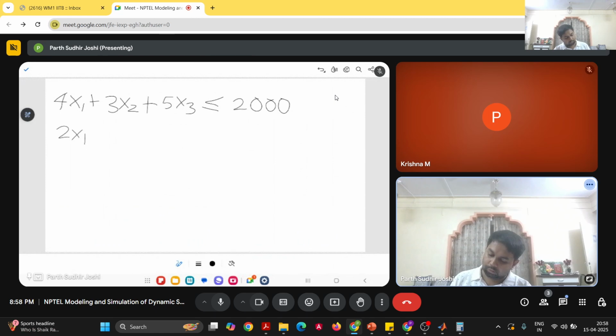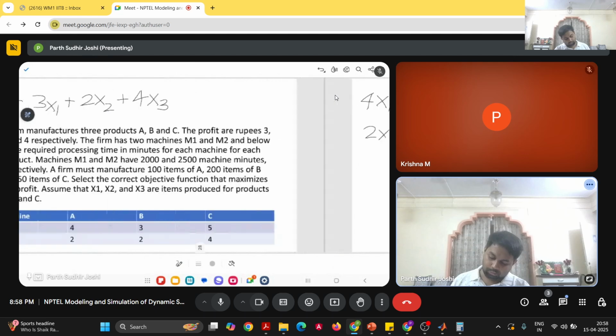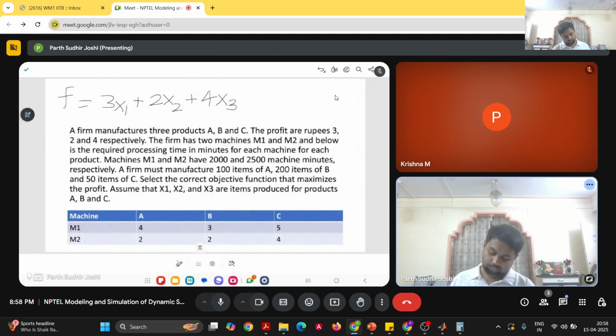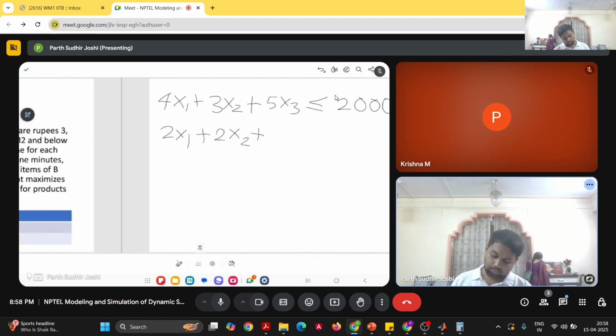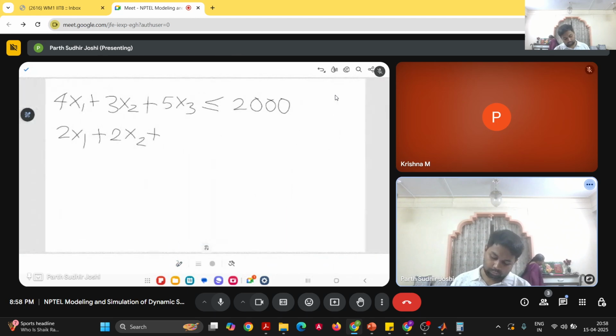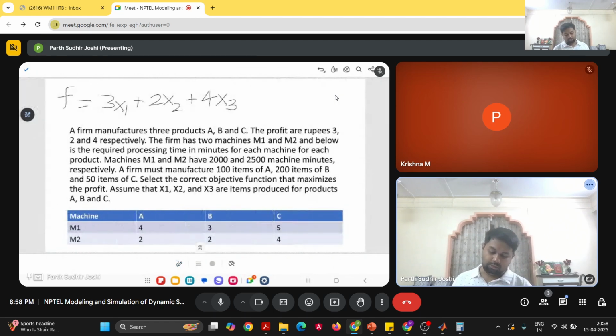2x1 plus 2x2 plus 4x3 less than or equal to 2500. So our objective is to maximize F,